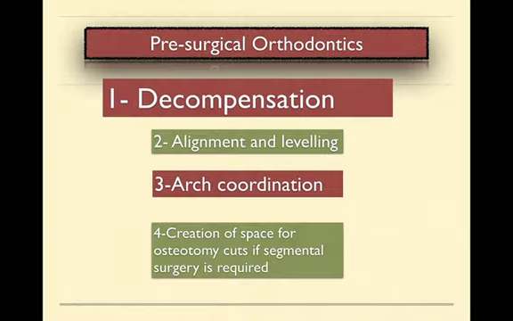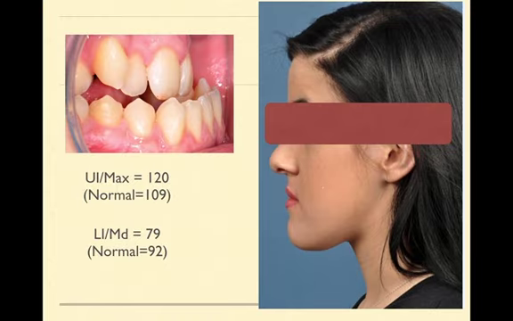So we'll start with decompensation. What do we mean by that? If you see this patient here, she has a class 3 malocclusion. And as we know, for a class 3 malocclusion patient, the soft tissue will compensate for the class 3. So the upper incisor will be proclined and the lower incisor will be retroclined in order to compensate for the